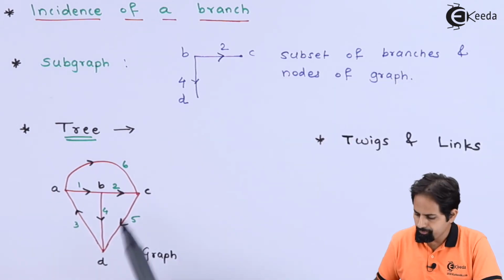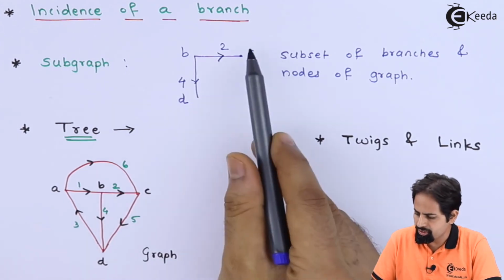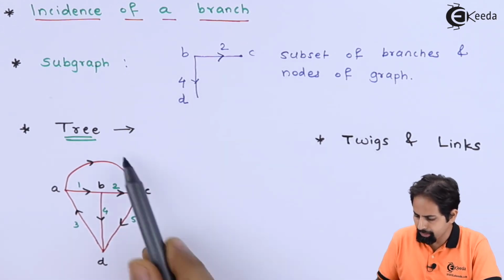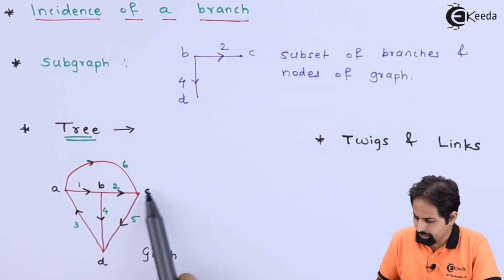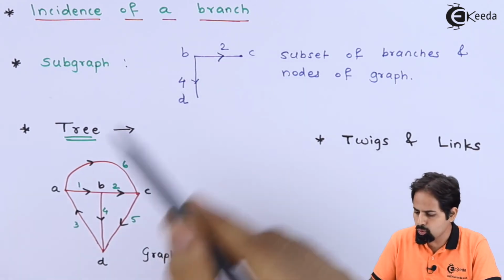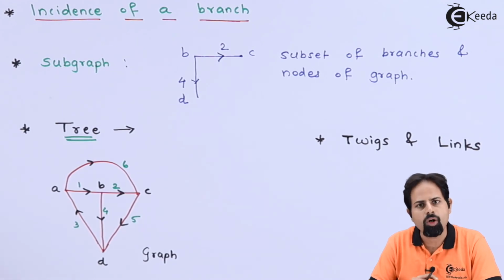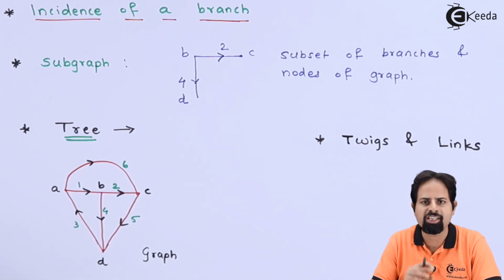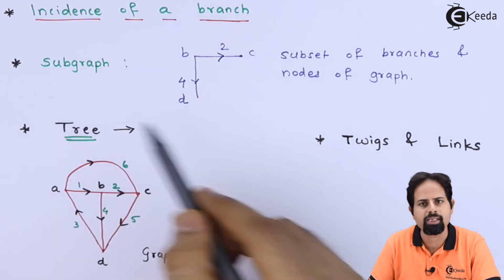So you can see I have just drawn B, C and D, these nodes. So it is nothing but a subset of this complete set. This is a complete graph and the subset is only these 3 nodes drawn and 2 branches drawn. A subgraph is called proper, as I told you, if it has fewer nodes as well as branches. So this is a proper subset or proper subgraph.